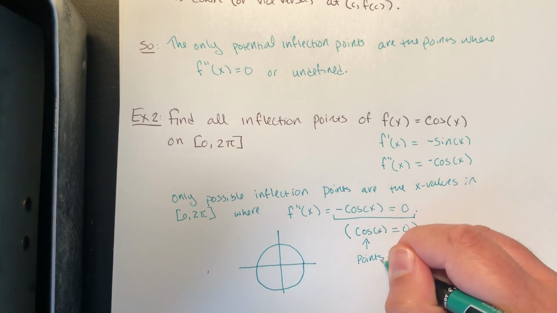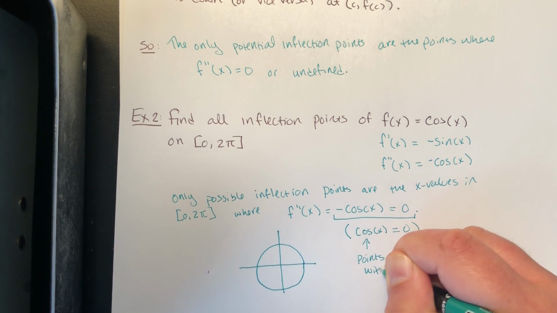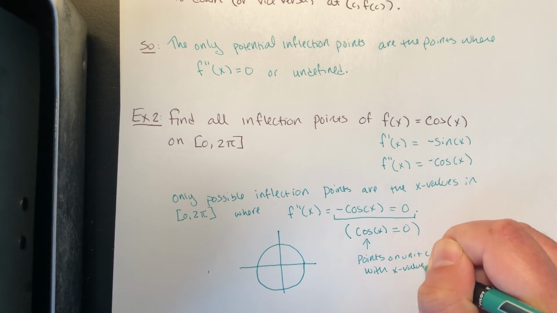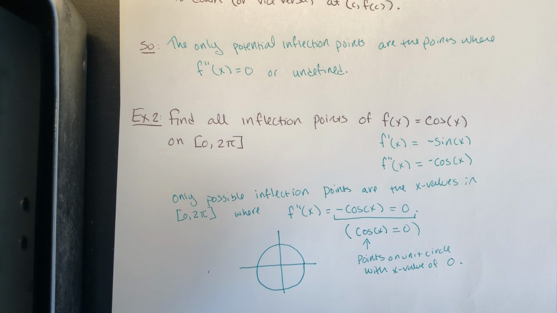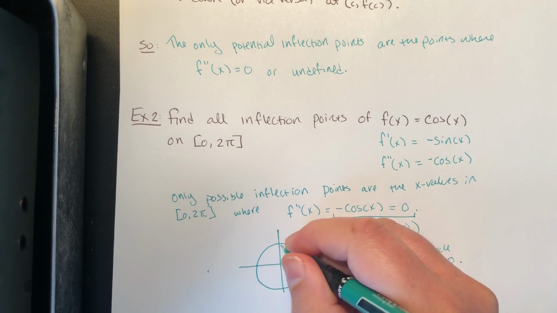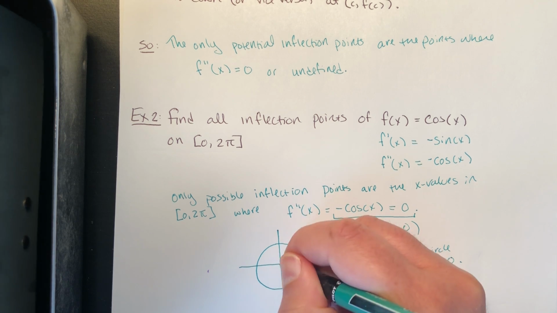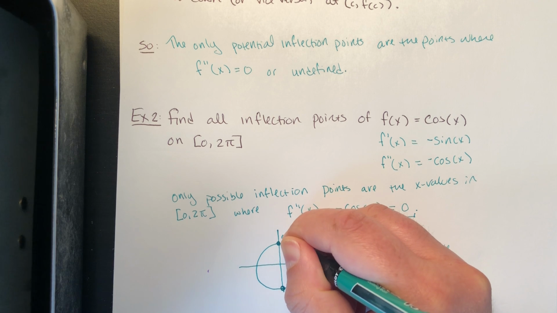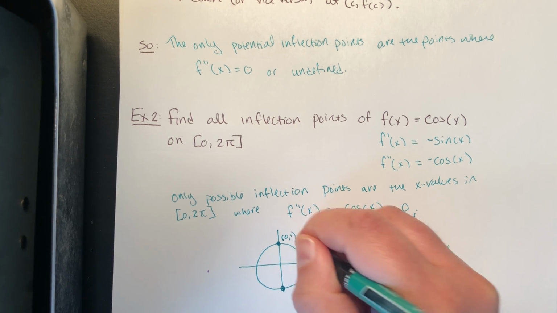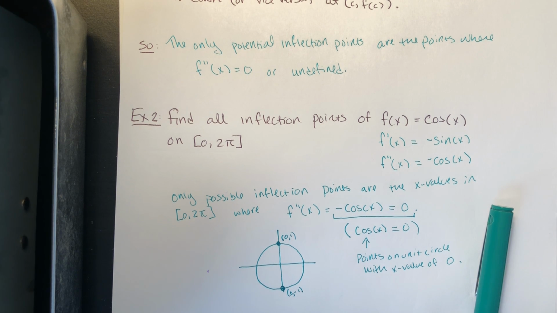So we're looking for points on that unit circle with an x value of 0, right? Because cosine represents an x value. An x value of 0 means you can't go left or right, so it's either going to be this point up here or this point down here. This is (0, 1), this is (0, -1),